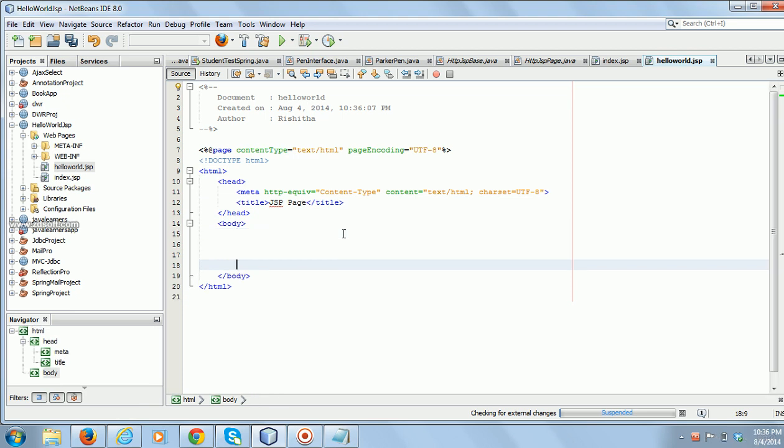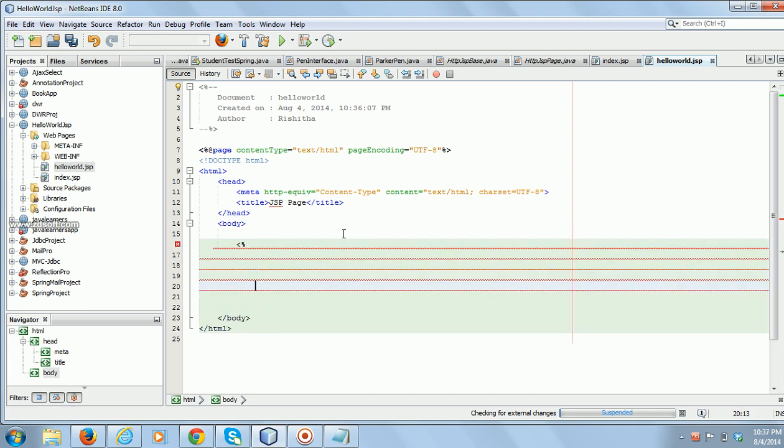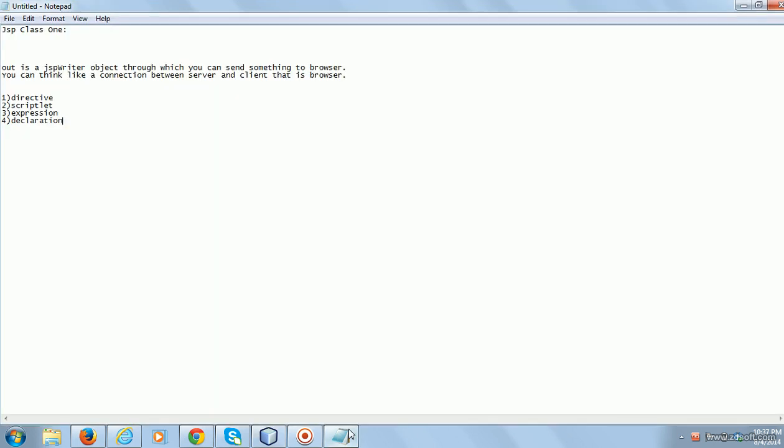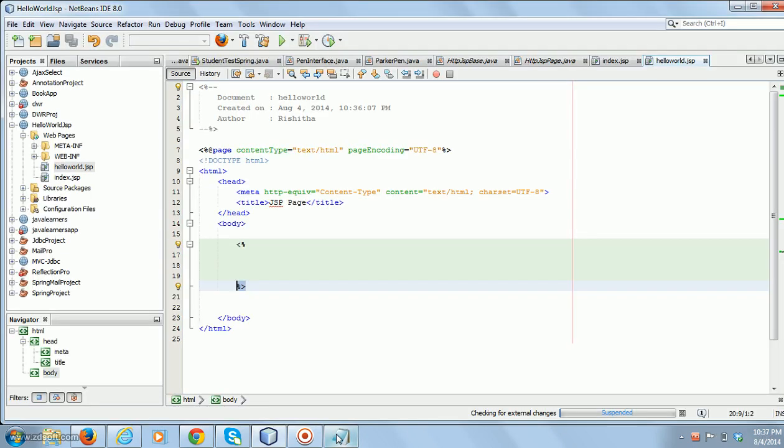In a JSP page you can write Java code using this tag. This is called a scriptlet. This is one of the JSP elements. If you want to write something to the browser from Java code, you can use this scriptlet.